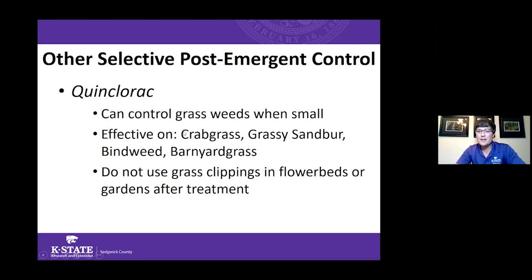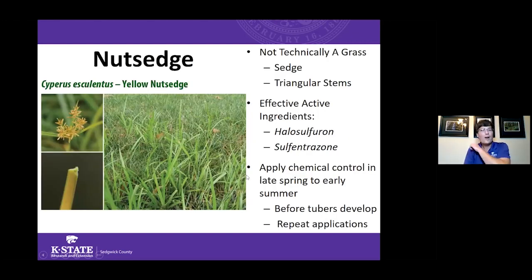So if we get to the middle of the summer and we start to see some of these weeds pop up, quinclorac is a great active ingredient to look for to get good control on some of these types of weeds like that. A weed I personally struggle with a lot, and I know a lot of people do, is